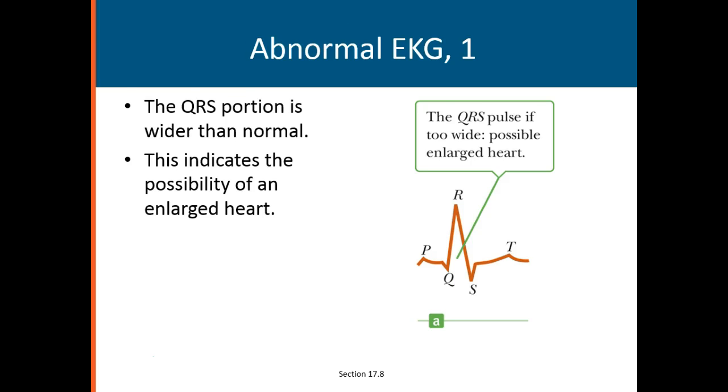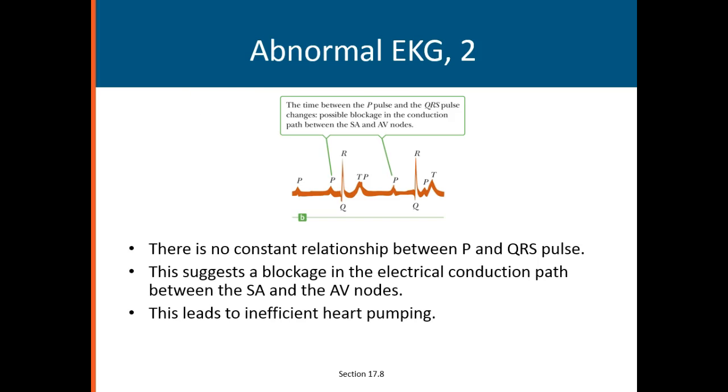Now, here's the first abnormal EKG. The QRS portion is wider than normal, and that indicates the possibility of an enlarged heart. Not too much you can do with that except start treating. No way really to fix it except maybe a heart transplant. Okay, that's a tough one. Another one would be